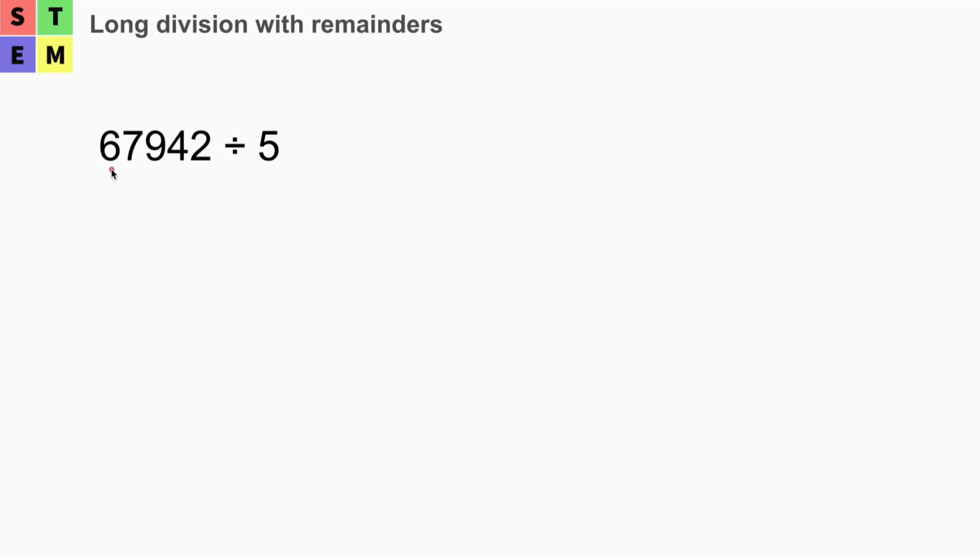We'll have 67,942 divided by 5. Okay, because in this lesson we are trying to find remainders, right? So in our previous 2 examples, the remainders are 0, right? But in this one,